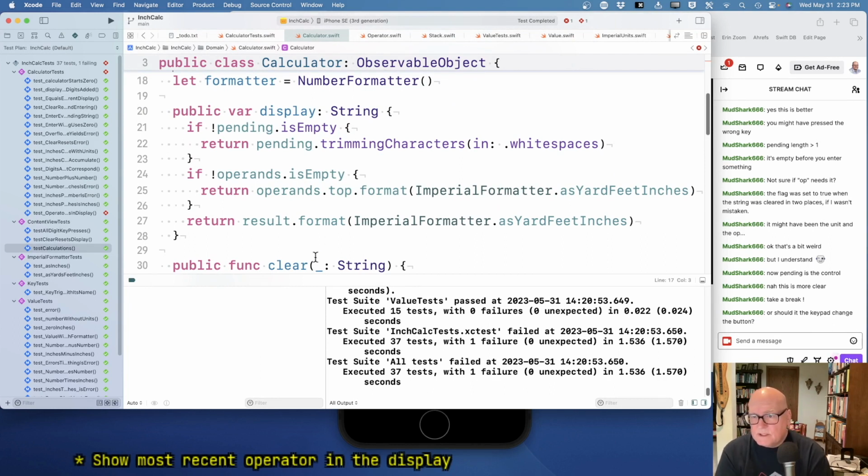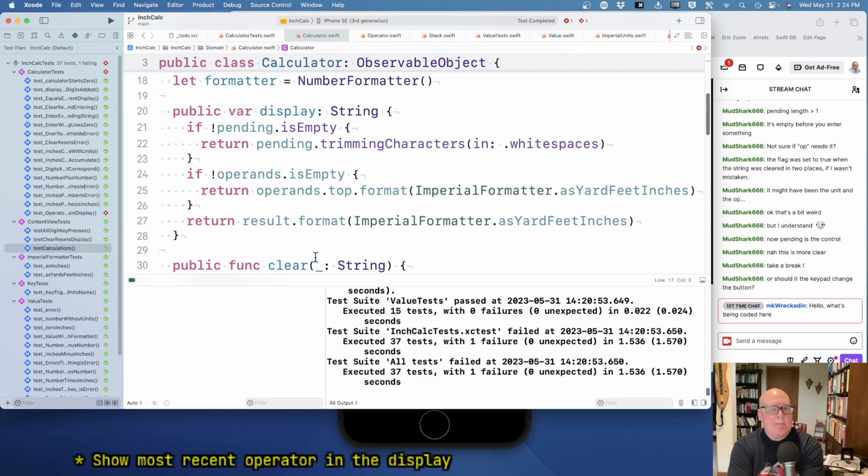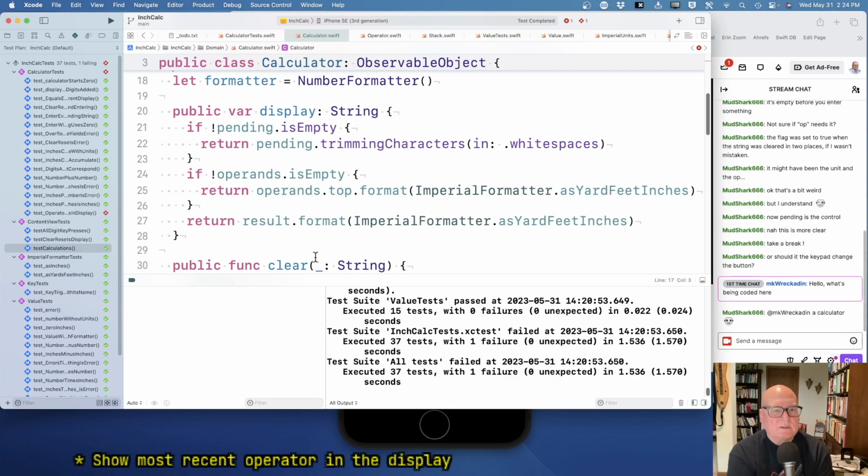Or should the keypad change the button? Oh, interesting. Well, I think we have the space for it to show in the display. I mean, if we're showing a pending value, then we clearly have not, we don't have an operator. If we're showing the operands,